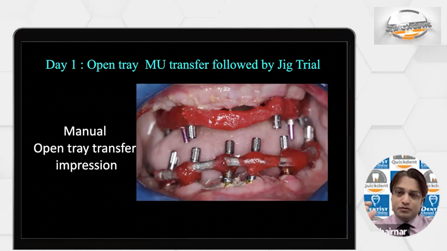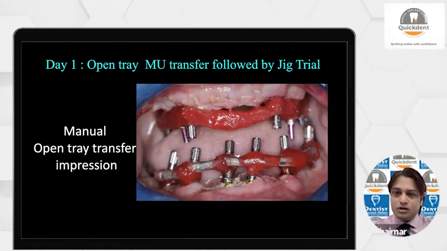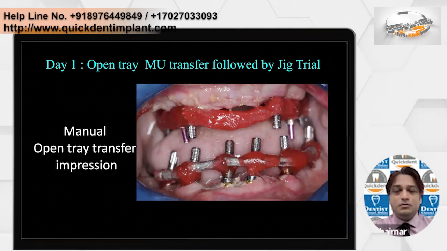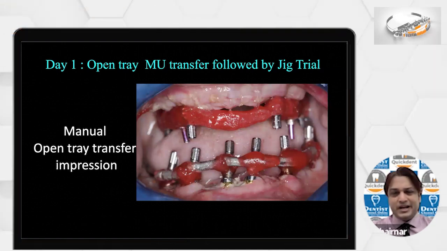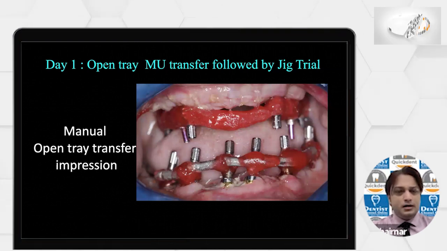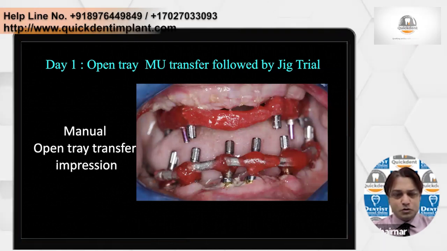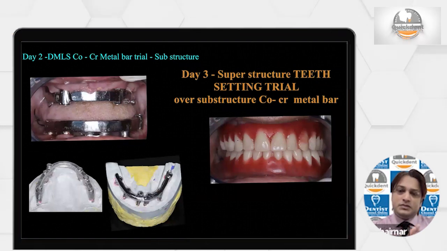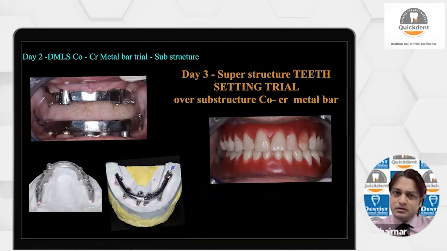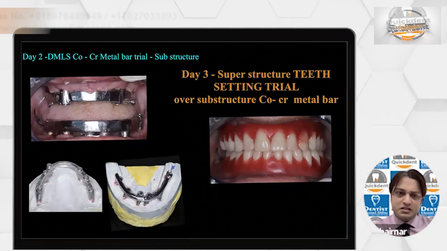Here in the upper jaw, we used total pattern resin with the floss, and in the lower we use something called metal bars. Okay, so to just check which is giving us the best result. To my knowledge, both results are good as long as you know how to check the one screw test. On day 2, what we get from this, we also send the bite to the technician.